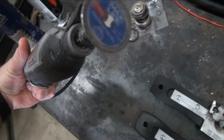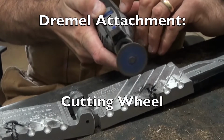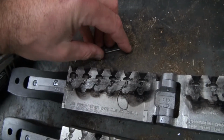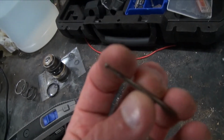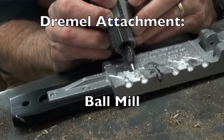All right, I got the Dremel tool here. I already got the little cutting wheel on there. We're going to take a look at some differences. The two bits I'm going to use: this cutting wheel is one, and for modifying molds, I really like, come on camera, focus on that. That ball mill does really good work for